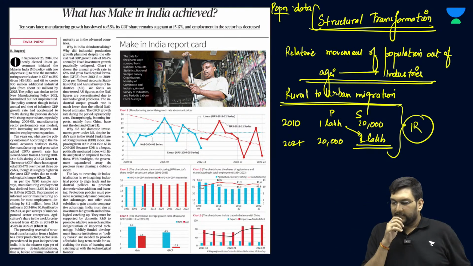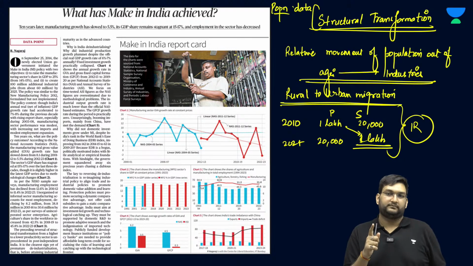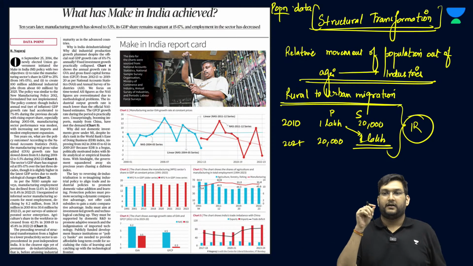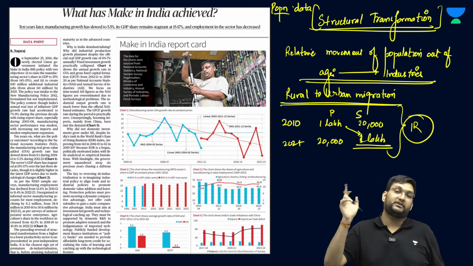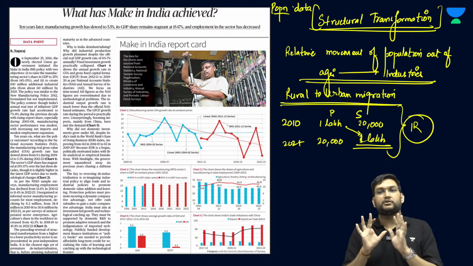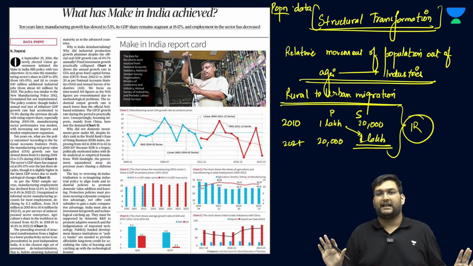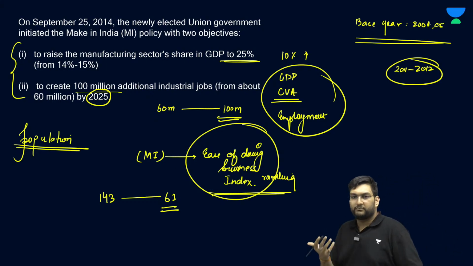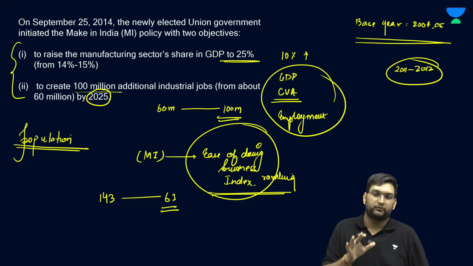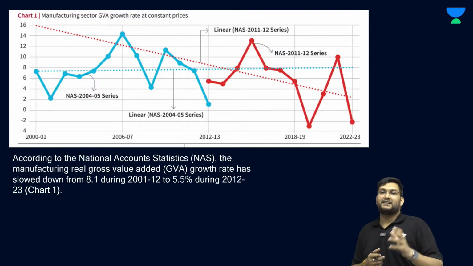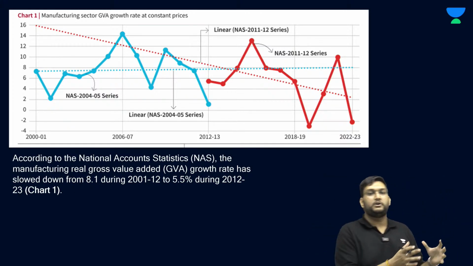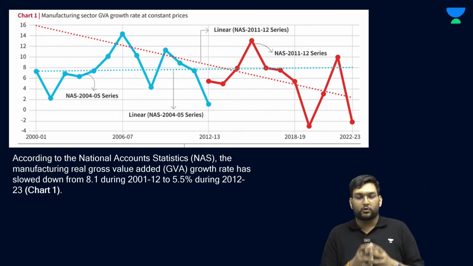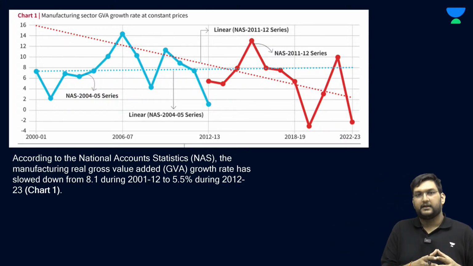Now, the article uses this word, structural transformation, and I hope now you will know what it means. I will discuss this further when we talk about that data. Now, India has never gone through structural transformation. Nobody can argue that, but at least with ease of doing business index improvements, we should see some tangible improvements in our data. Now, the first graph tells us that in real gross value addition, the growth rate of the